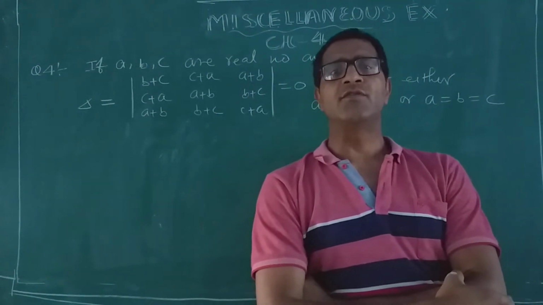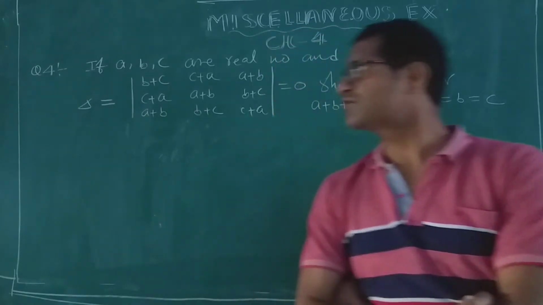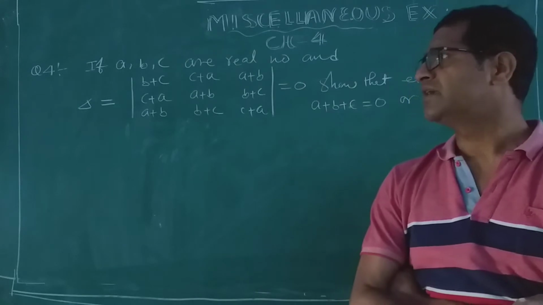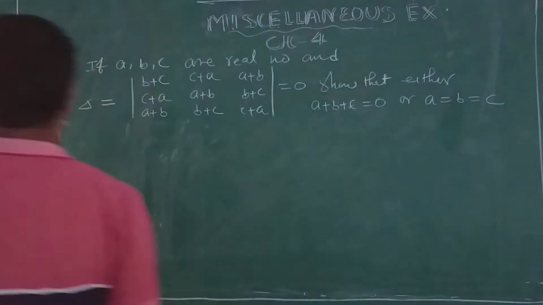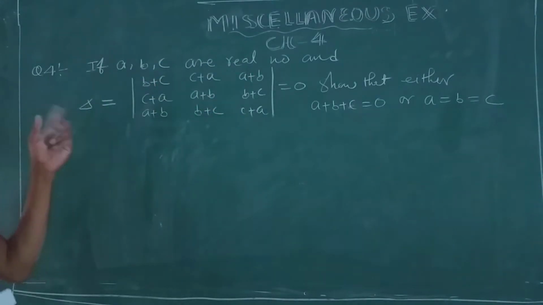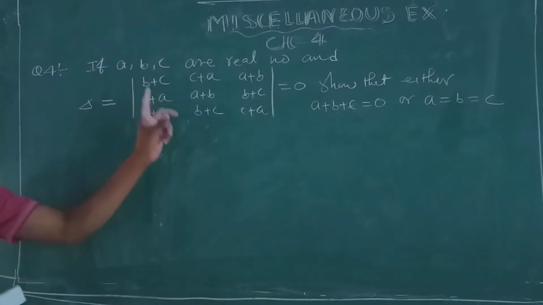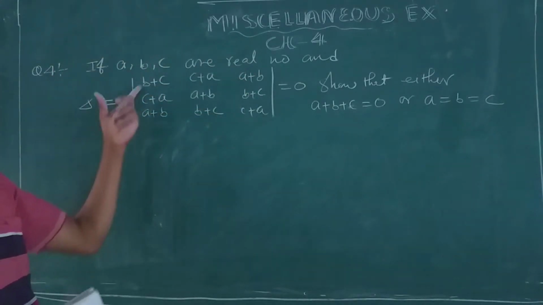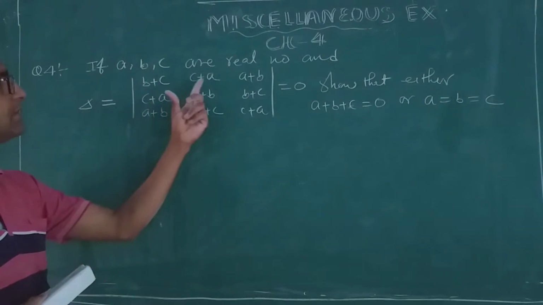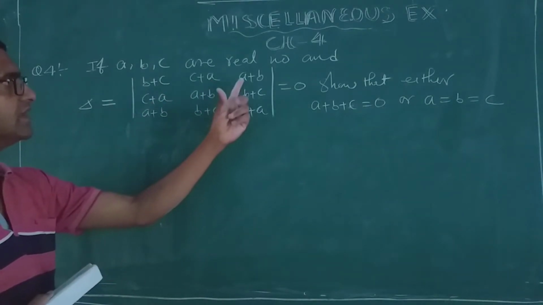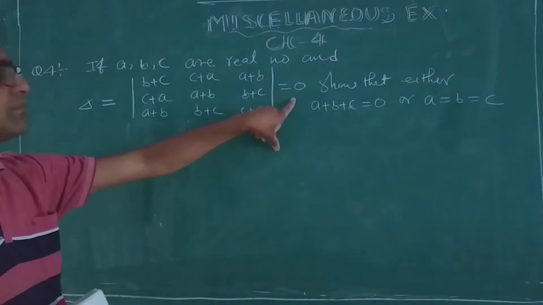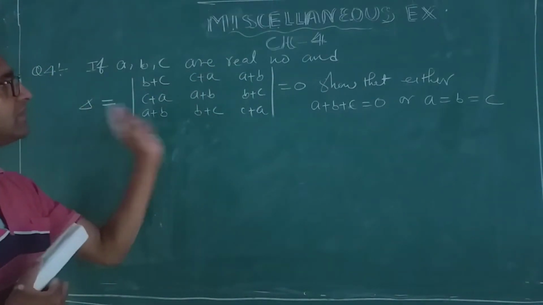Today I am going to tell you very important questions from miscellaneous exercise of chapter 4. Question number 4. If A, B, C are real numbers and delta equals a determinant whose elements are in cyclic form: b plus c, c plus a, a plus b; c plus a, a plus b, b plus c; a plus b, b plus c, c plus a, equal to 0. Means we have been given the determinant